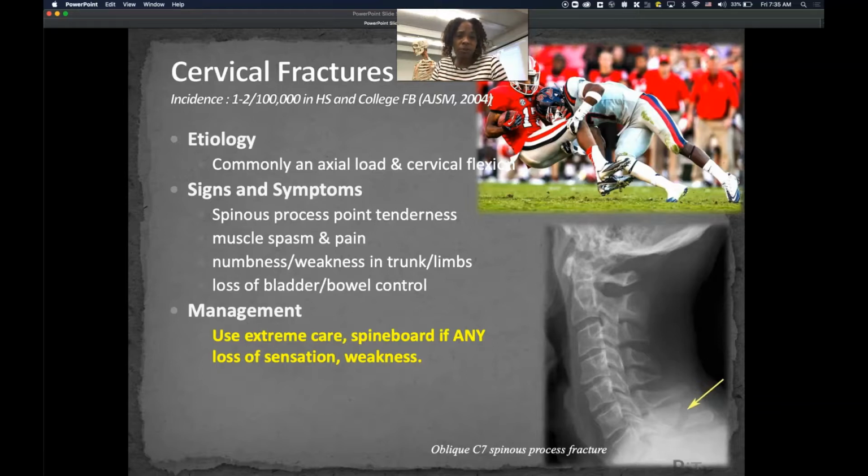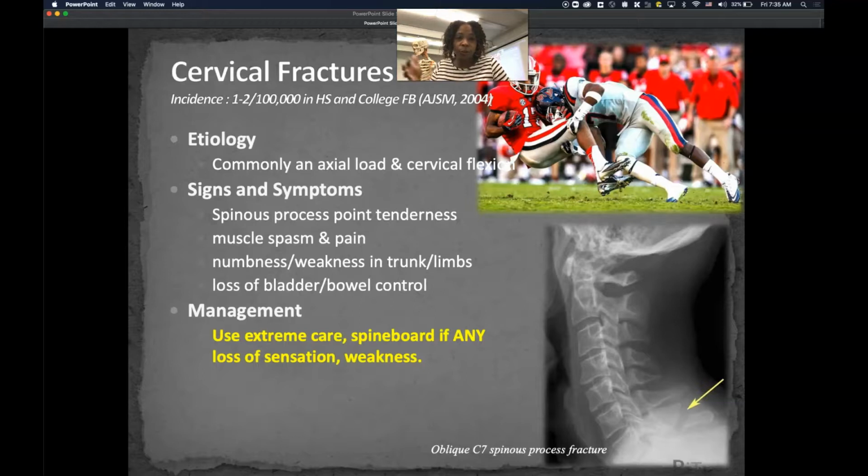You'll see their pants are wet, not from sweat. And so that's a concern, right? Because essentially what that means is it's impinged on the cauda equina, which is one of the neurovascular bundles supplying the bladder. So in terms of management, 911, and we're going to spine board,